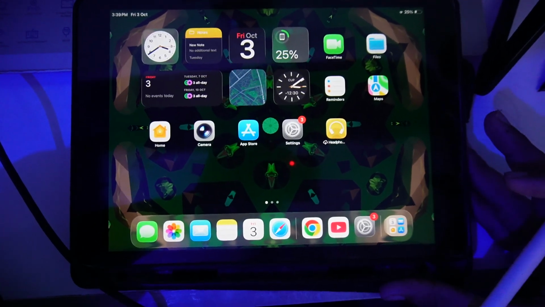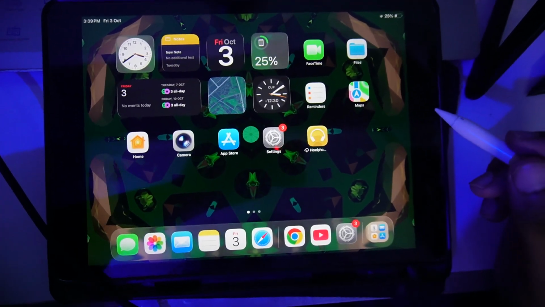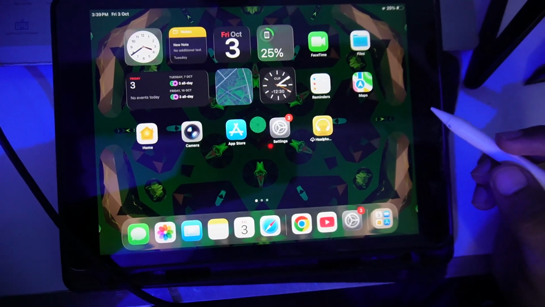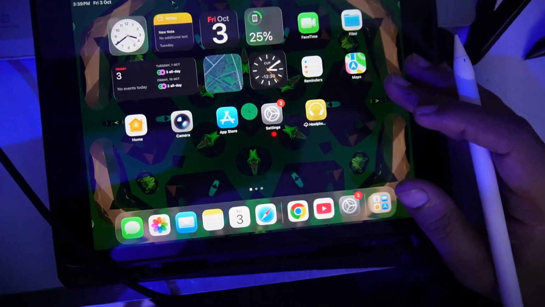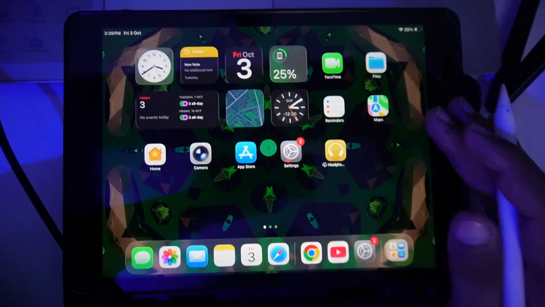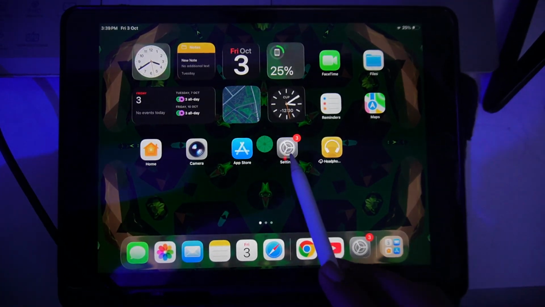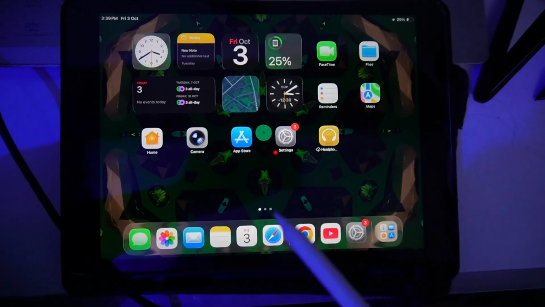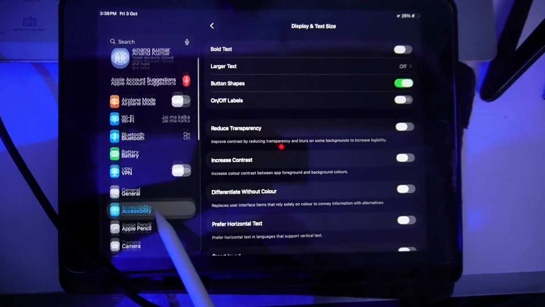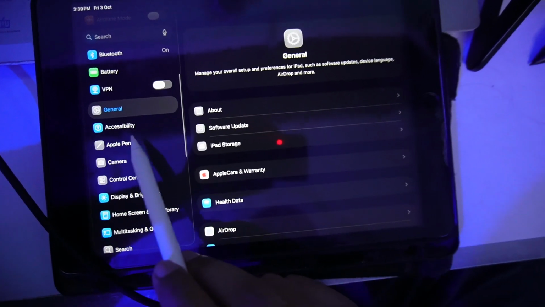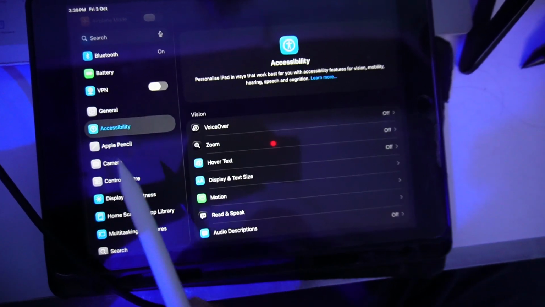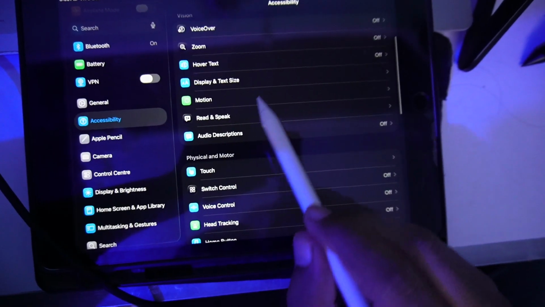In this video guys, I'll be telling you how to remove the glass effect on the iOS 26 update. If you're on iPad or iPhone, you have to do the same thing. Just open your settings guys, and if you are in general, now you have to tap on this accessibility option, and in the accessibility option